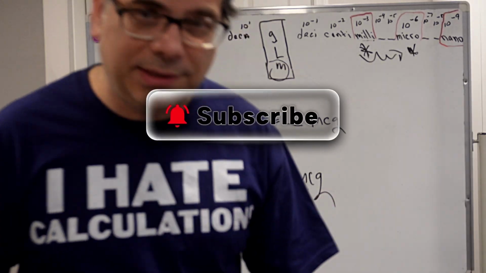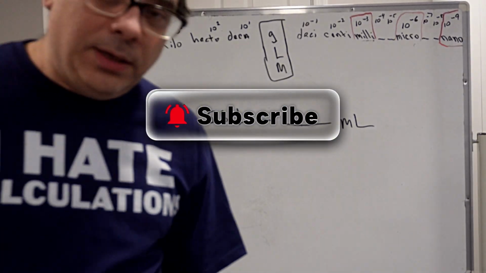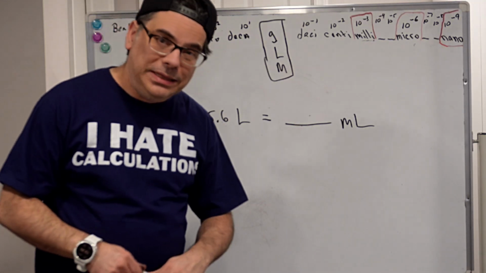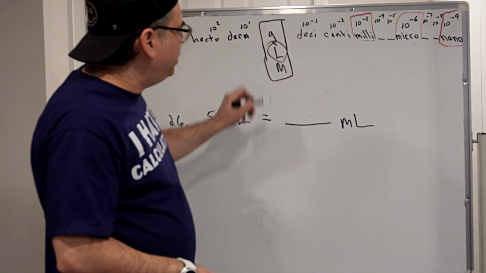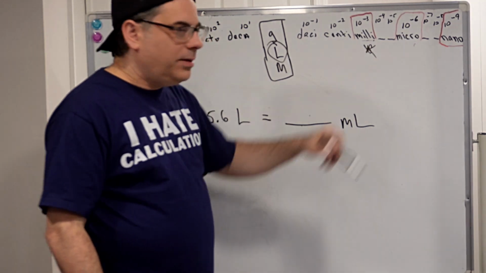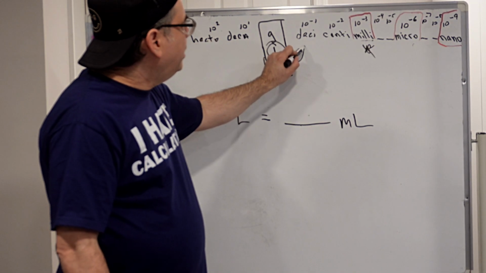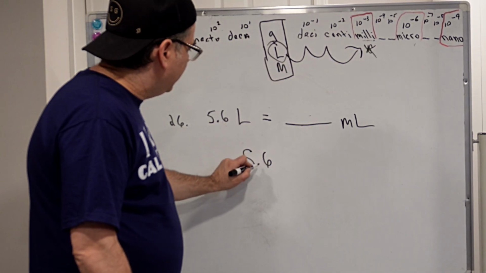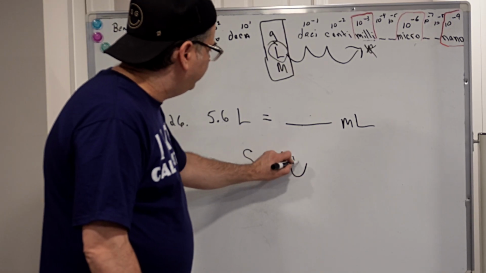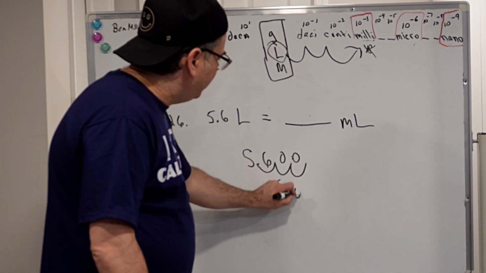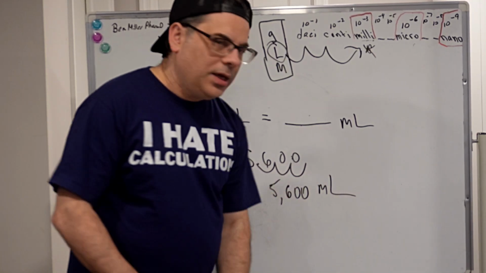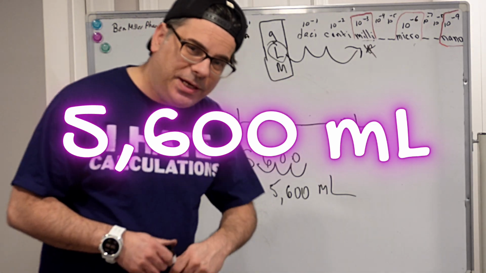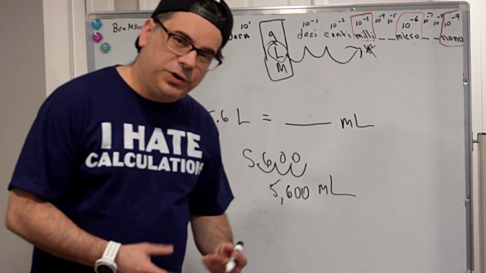All right, question 26. 5.6 liters is how many milliliters? So again, liters is the base unit. Milliliters is over here, 10 to the negative 3. So we go 1, 2, 3, three to the right. So we have 5.6, 1, 2, 3. So it's 5,600 milliliters. And I know it takes time getting used to, but when we write the shorthand,